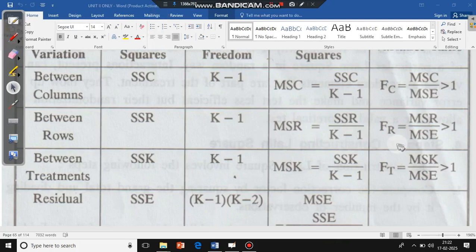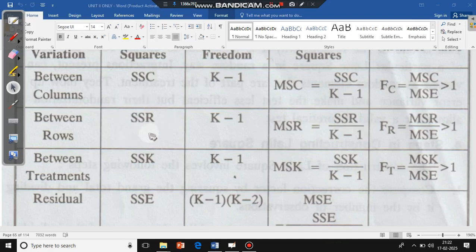In that particular case, suppose this is greater, this is lesser, we usually write the greater value in the numerator and the smaller value in the denominator. As it is greater than 1, this fraction should be greater than 1, and this would be the calculated value of F. Now coming to the second one, between rows,